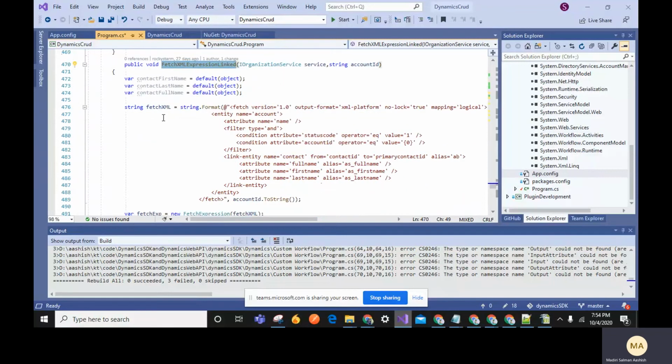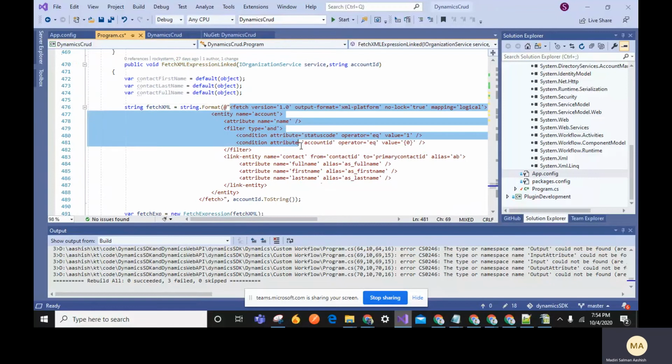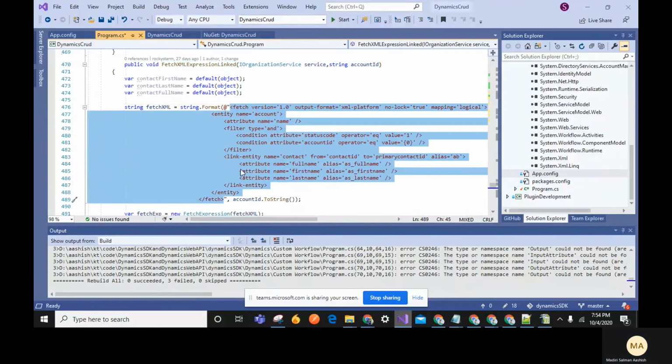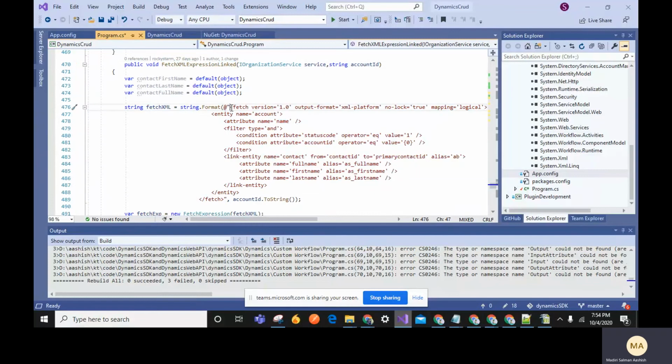Next we will go for fetch XML expression link. It's like, suppose I am using two tables, like account and contact. In that case, we use XML code similar to this. Here I'm writing the conditions like this fetch expression, and I am writing the account entity.